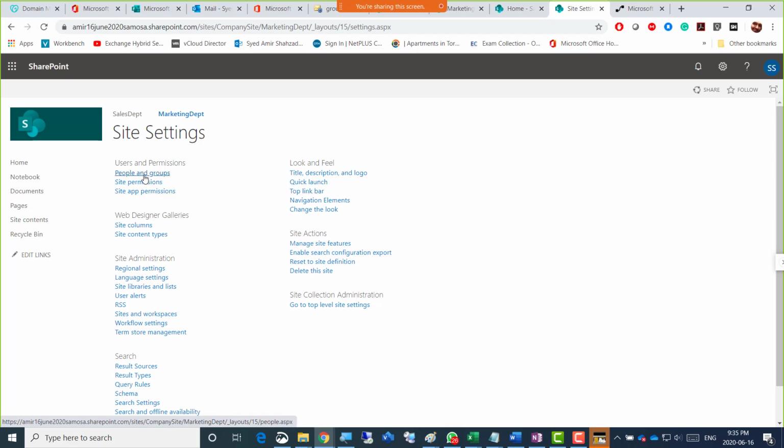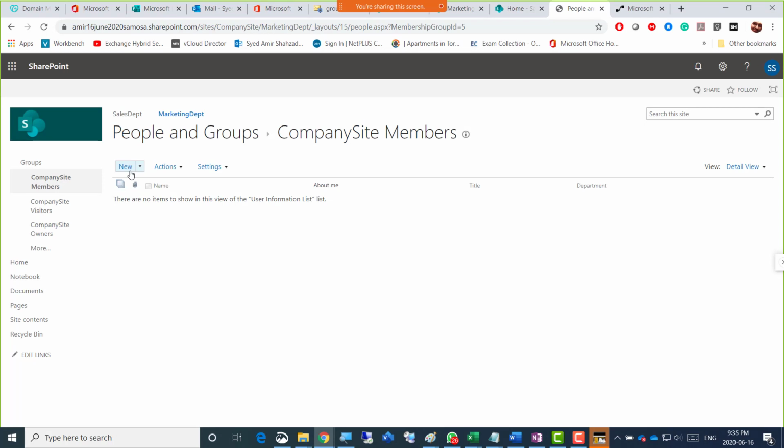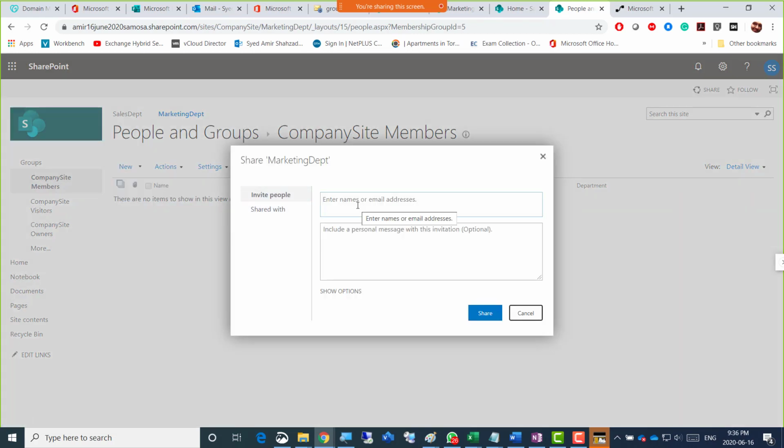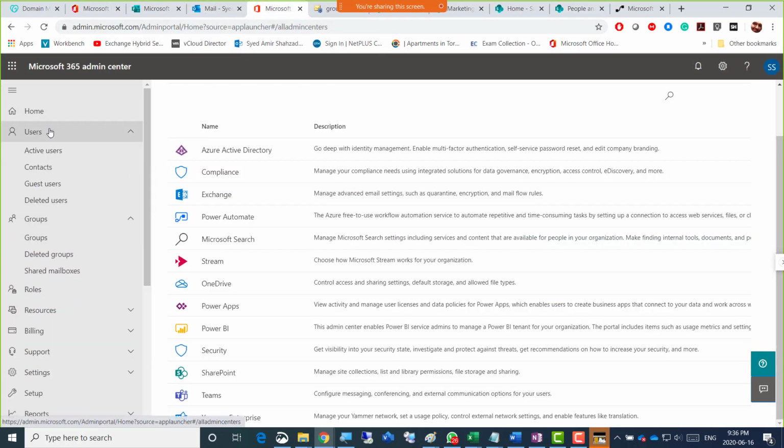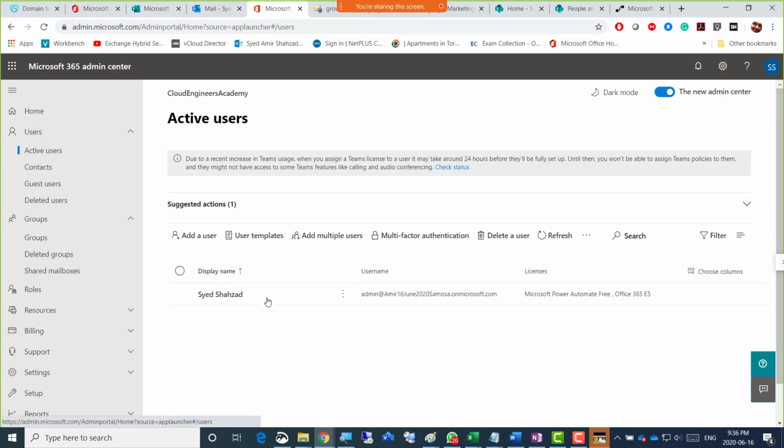If you go for the first one, people and groups, so that's pretty much that you can add here the users, and if I click the new, then there's add users. It's just fully selected, add users to this group. So if I click that, then invite people, and oh, hey, we didn't create a lot of users here, right? So yikes. Okay, let's create some users. I'm gonna go back here quickly, and users. So guys, how about just creating 2-3 end users?